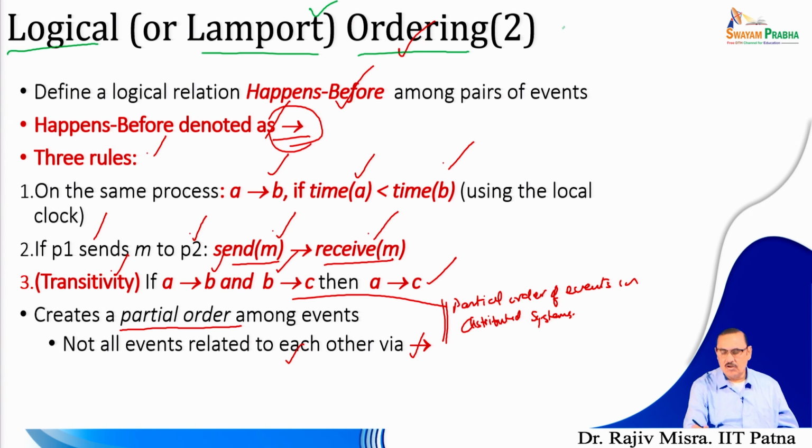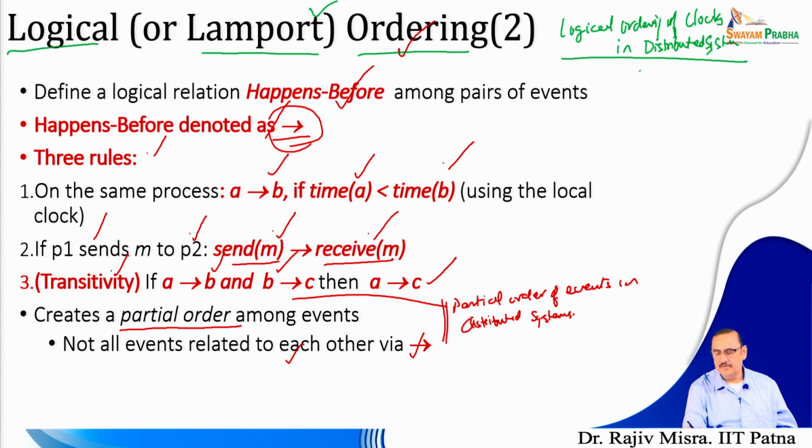This is also called the logical ordering of clocks in distributed system. When we say distributed system, that means this logical ordering of the clocks is as well used in the cloud and in the edge